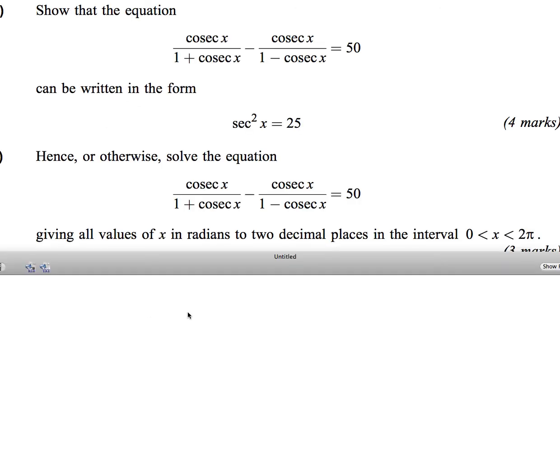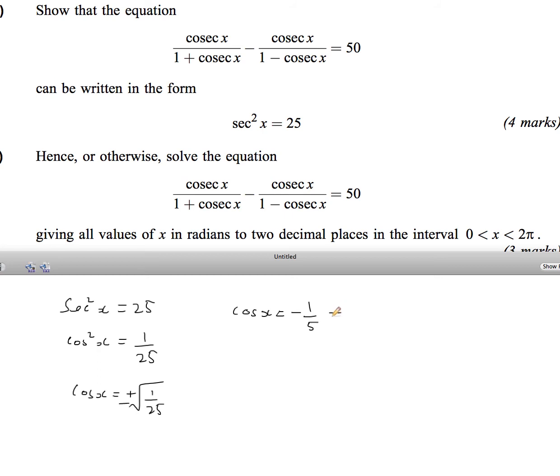Part C. Hence or otherwise solve the equation. Right, now we've just worked out that actual equation is the same as sec squared x equals 25, same equation. So cos squared x is equal to 1 over 25. So that means that cos x is equal to the square root of 1 over 25, plus or minus, which means that cos x is equal to minus 1/5,